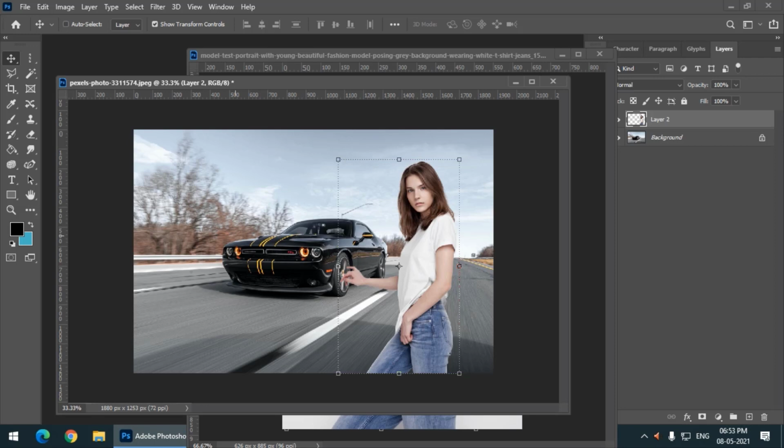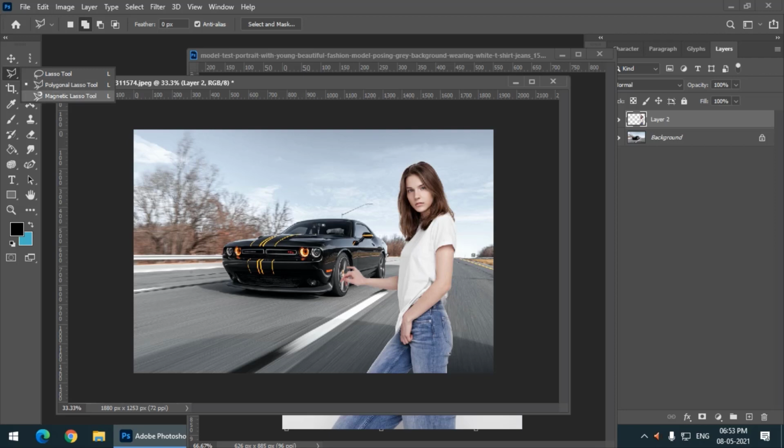So it doesn't matter what kind of background is present in the image. The only thing is, if the background is a bit complicated, it will take more time. If you want a better result, you have to spend much more time selecting the image with this tool.